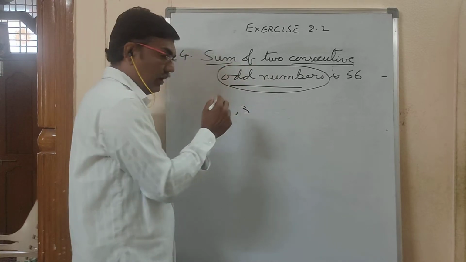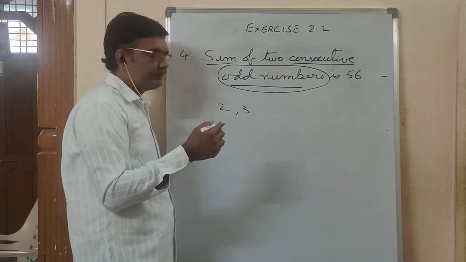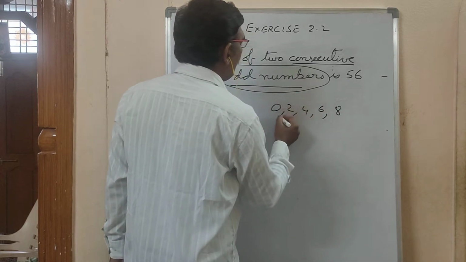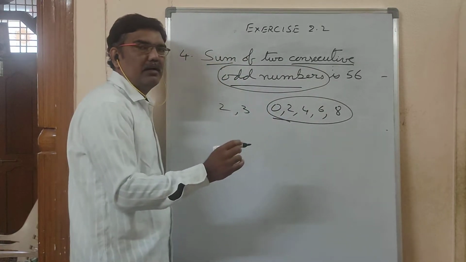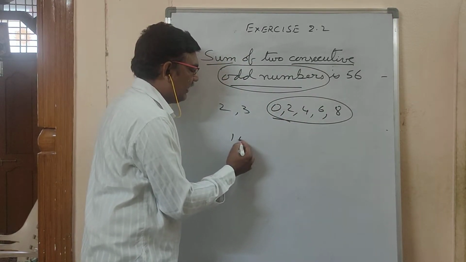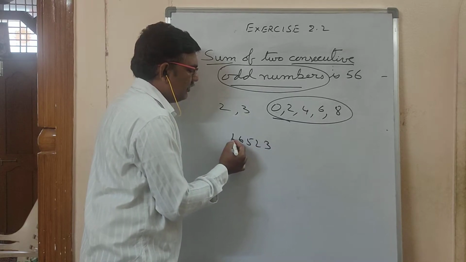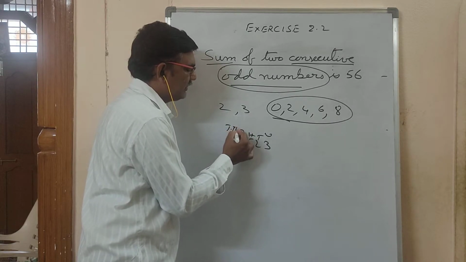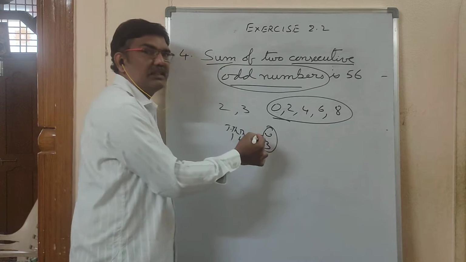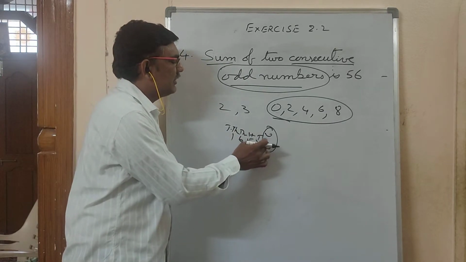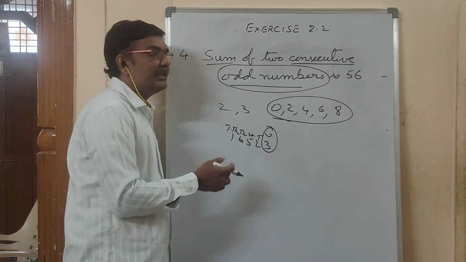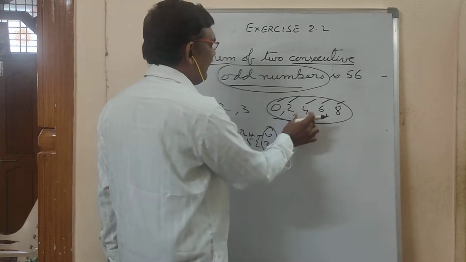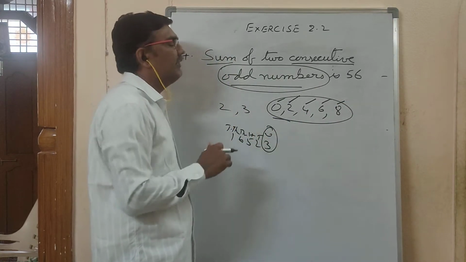So here, odd numbers, even numbers. The numbers which end with 0, 2, 4, 6, 8 in the units place. See, I will write one number here: 1, 6, 5, 2, 3. So it is units, tens, hundreds, thousands, 10,000s. This is called the units digit. In the units digit, what do you have here? 3. But in the units digit, among these 5, if any one number is there, it becomes an even number.